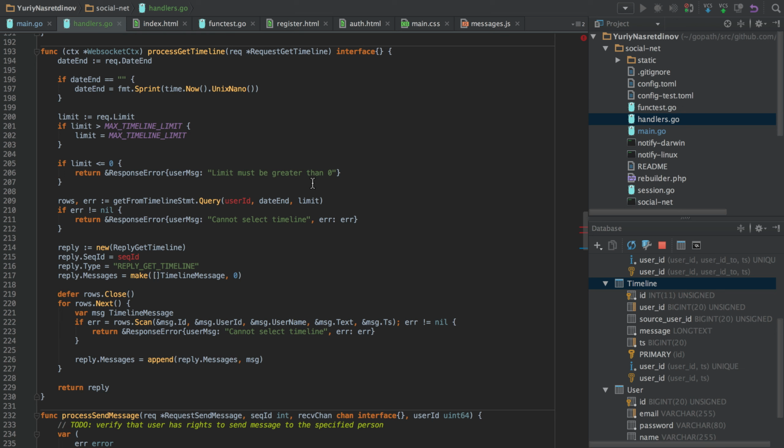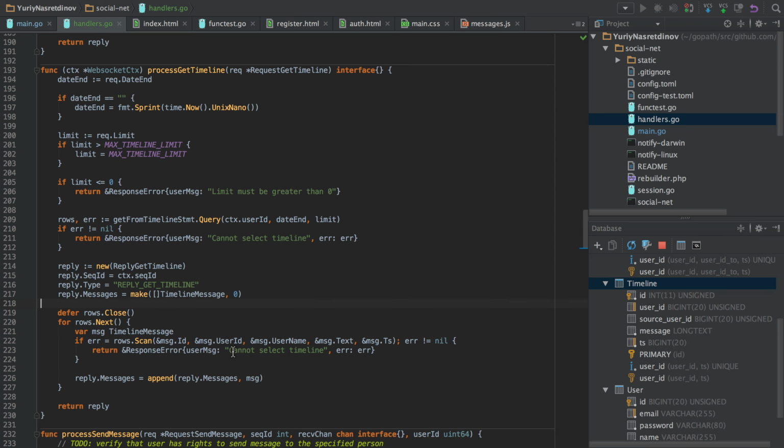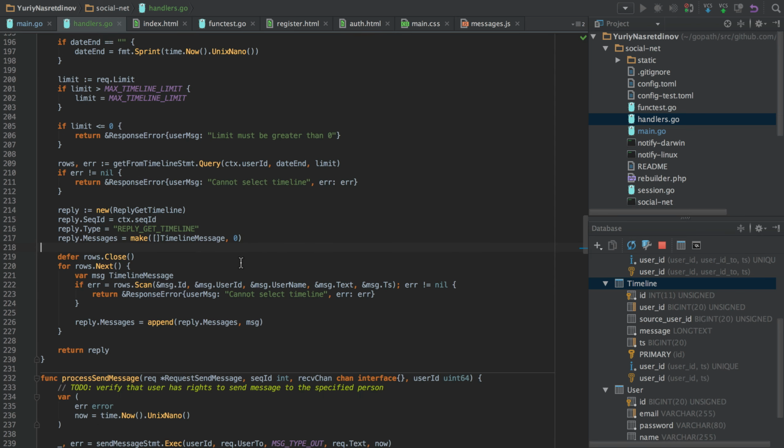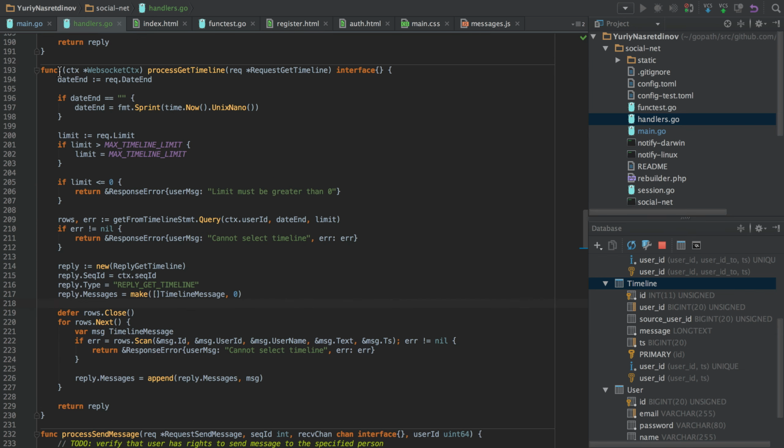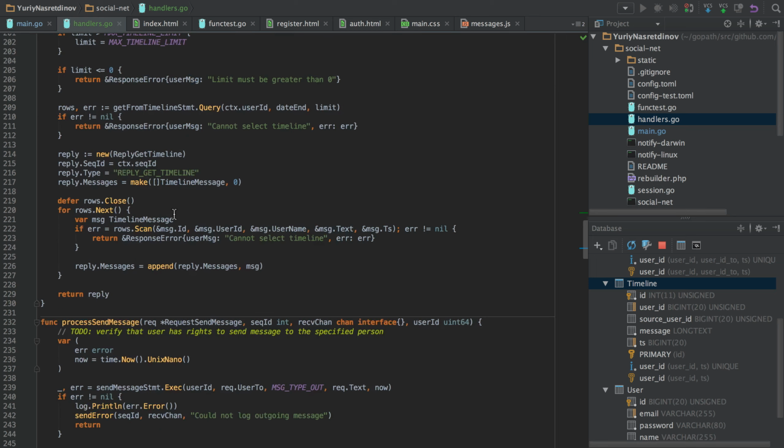So in all the handlers, everything looks pretty much the same, but there are several places where we actually need to send events into the events flow, and send message is one of them.